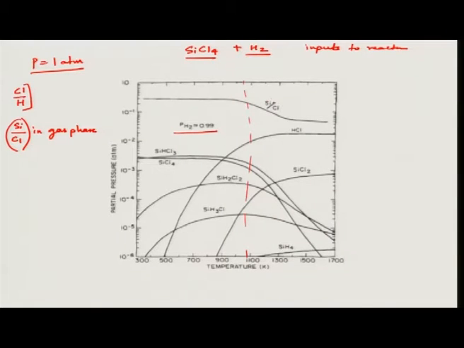So, if you see how these different pressures change with temperature, you can design your reaction around 1100 degree C such that your silicon in the gas phase starts to reduce. So, this is your lower boundary, and then you can have this region where your reaction takes place. So, silicon to chlorine in gas phase.